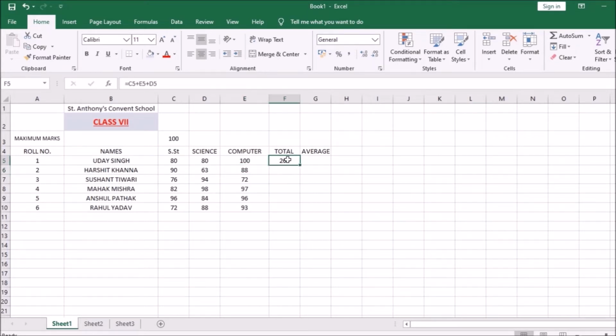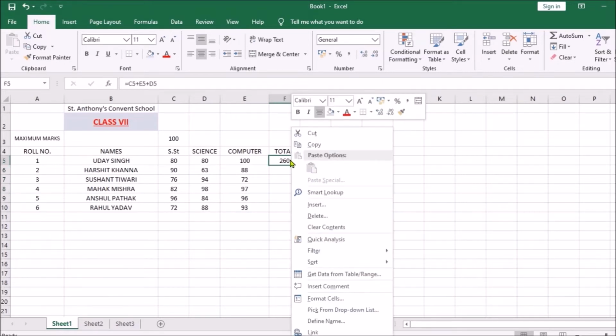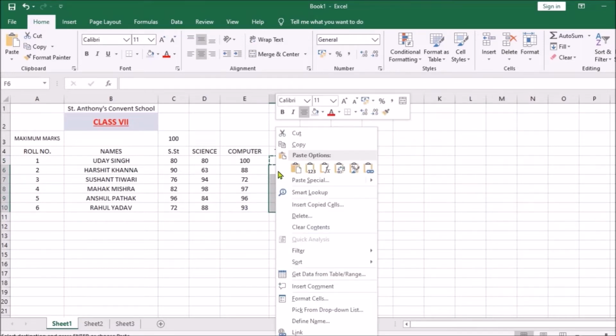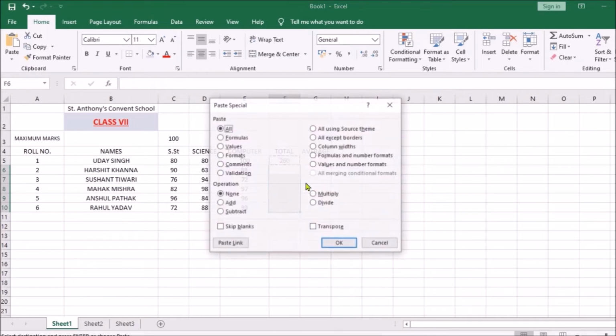Now once you have done all the hard work, you need not type the formula here every time. You can just copy and paste. Copy it with right click copy, then select all the cells and right click paste.